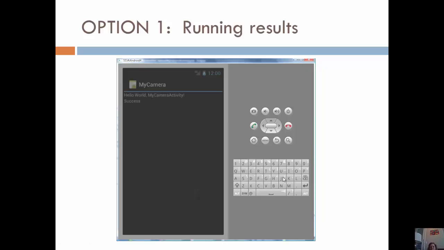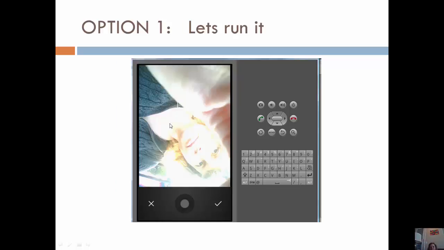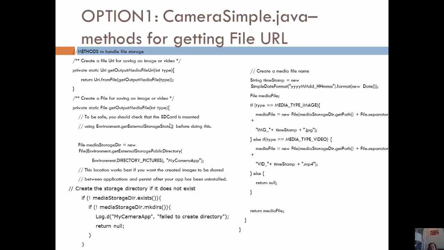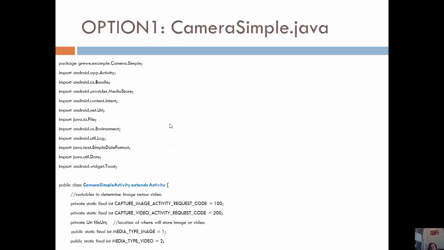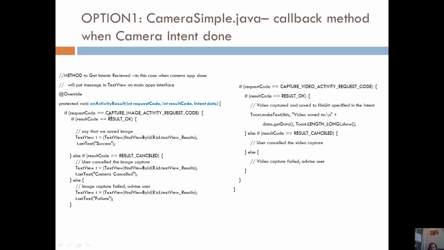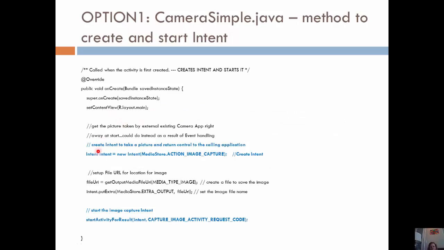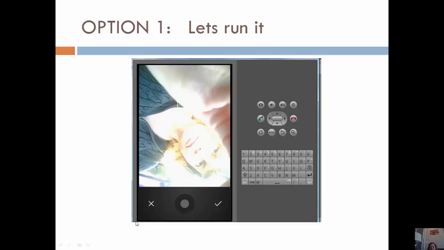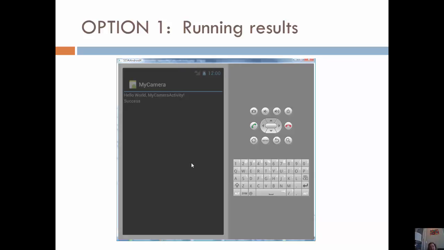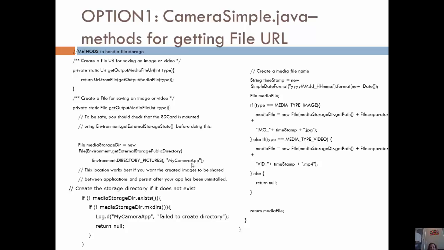Okay, continuing on. So returning the results in this case, it was a success. So when we launched it, basically the activity directly, if you remember going back here, in onCreate, what it did is create that intent to launch the built-in application, and it started it right away. That's why what we see when we run it is immediately the camera app, because it runs so quickly. And then the results, in this case, everything was a success. This is what we see here